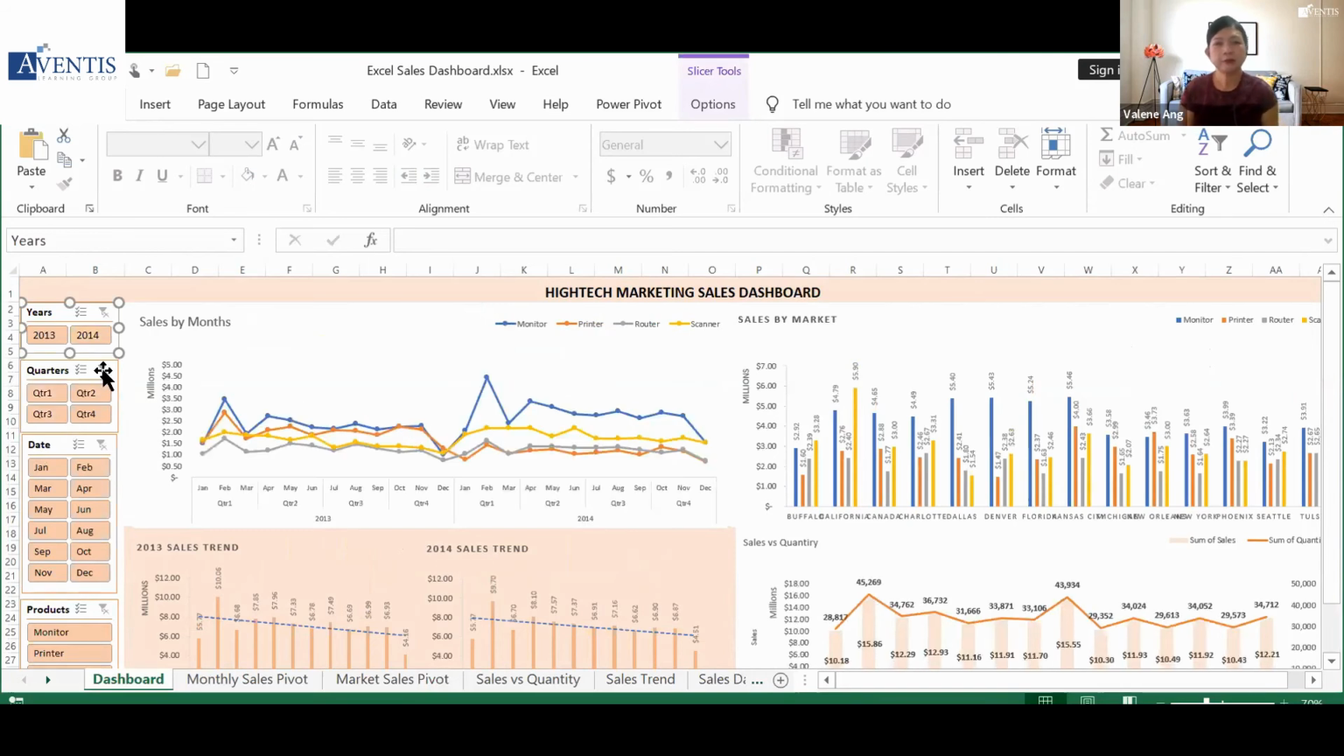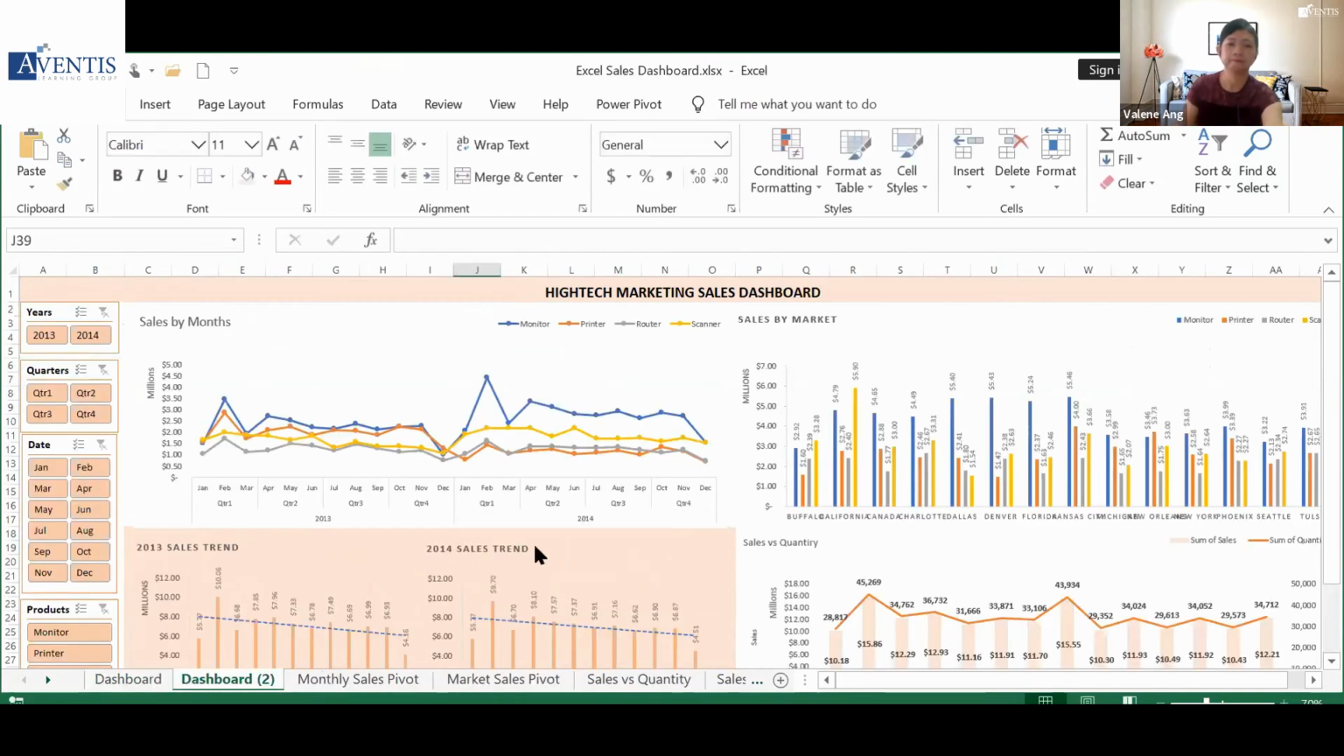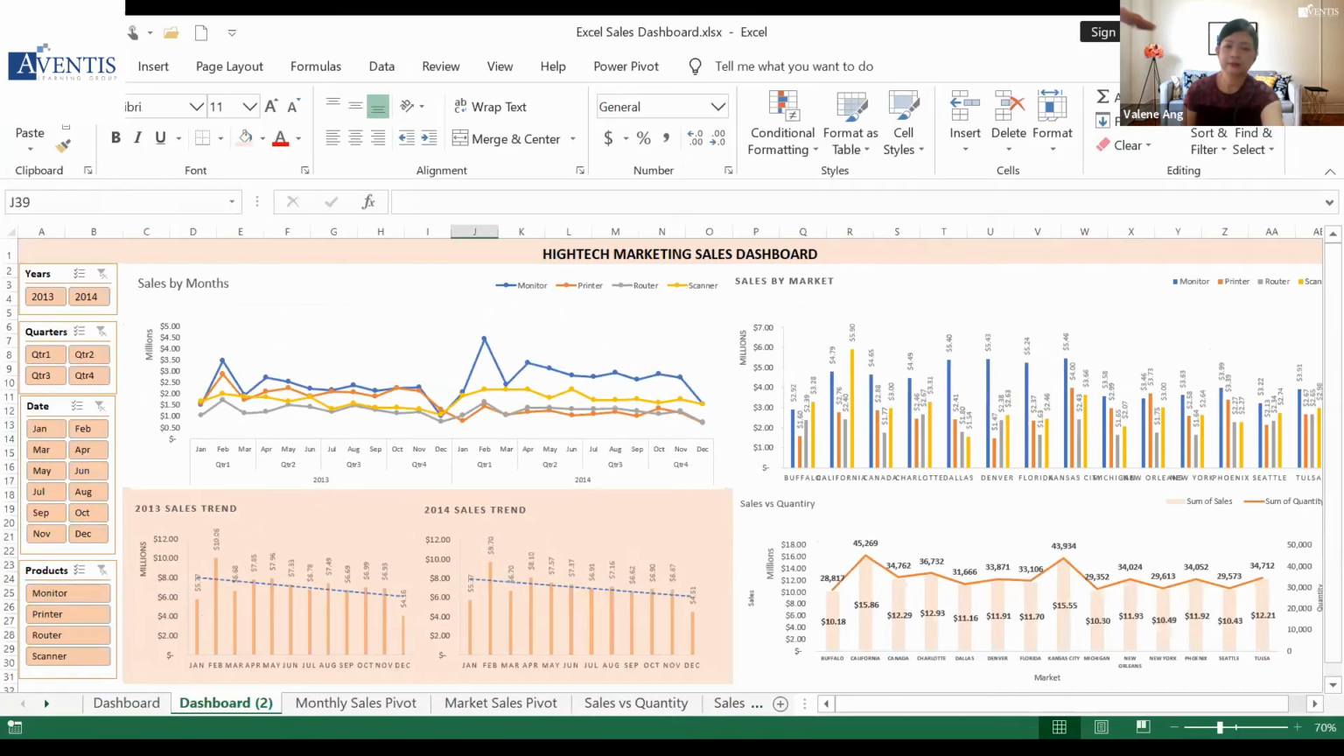Okay, so how can we quickly convert this entire dashboard to be controlled using a timeline? And I'm not going to redraw the entire dashboard. So what you can do is hold the Control key, duplicate the dashboard. Hold the Control key, drag the dashboard worksheet. So this is how you duplicate the dashboard. And after you have done this,